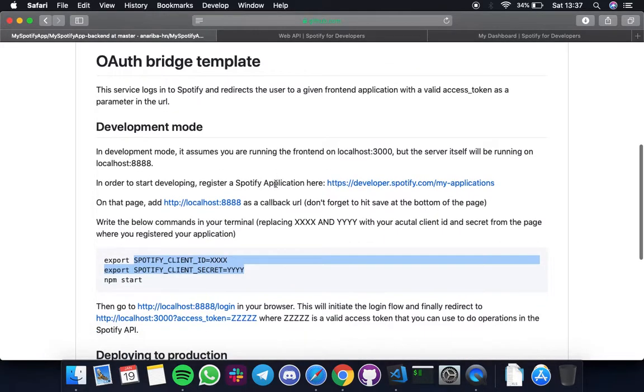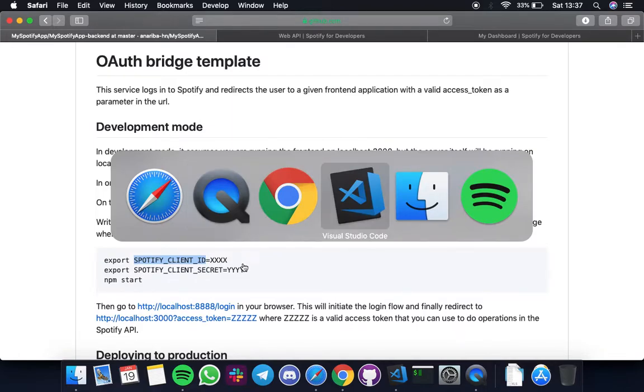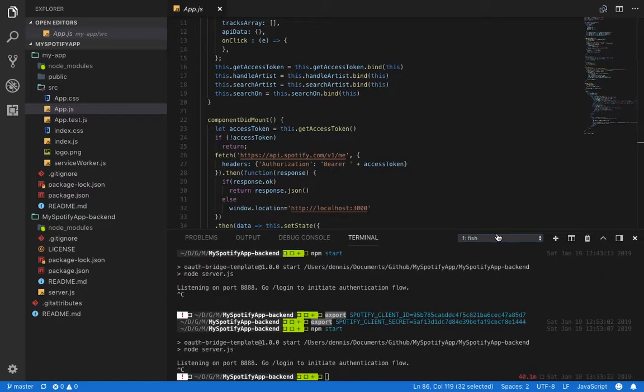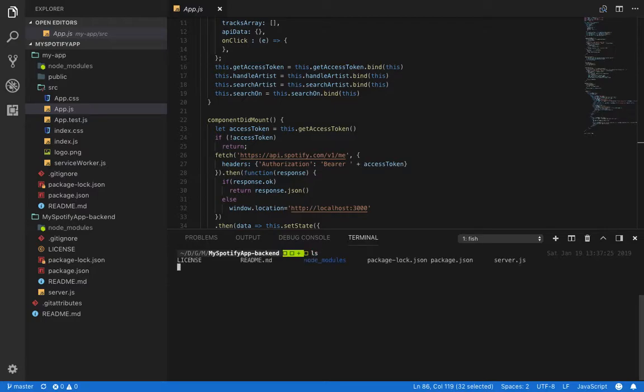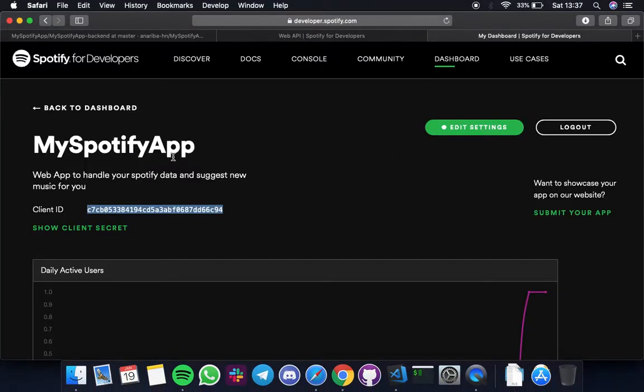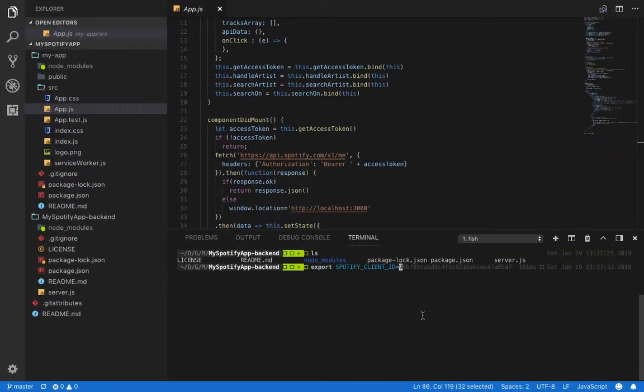So the first thing we need is to set up those keys in our application. We don't set those keys directly in the code for security purposes, so we are going to use the console to do that. So let's set that first. Let me clear this console. Here I am in my backend server code, so I'm going to export that client ID from my dashboard. So I'm going to copy this,